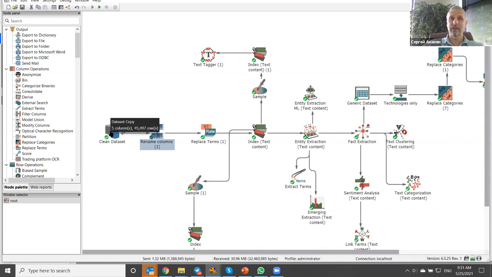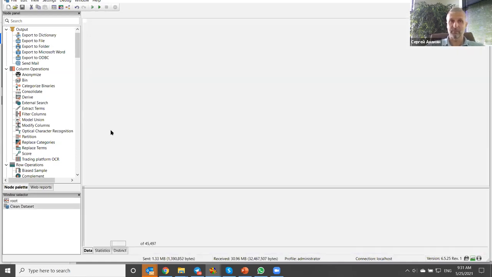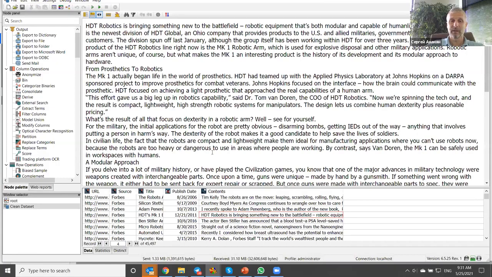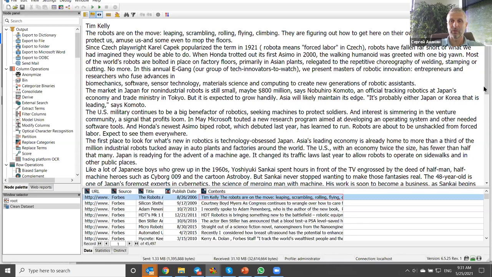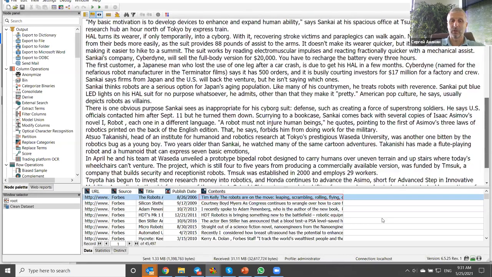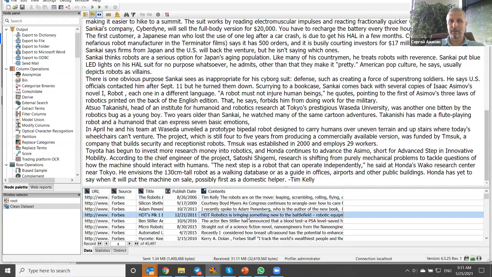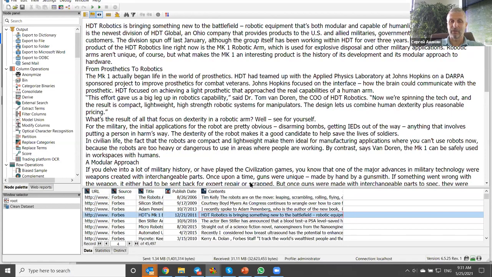To run this analysis, we are pulling data from the internet. These are articles that can be coming from Forbes, from Bloomberg, from some professional journals, and so on. So initially, it's a really huge collection of documents. And the objective that we have is very peculiar.